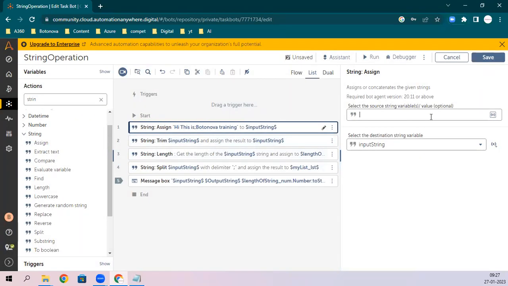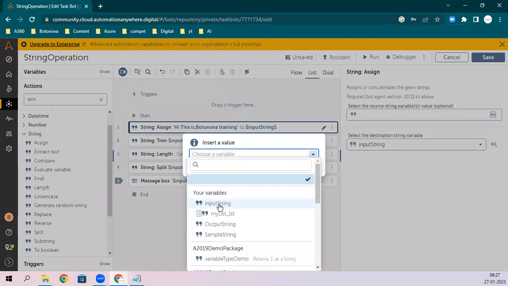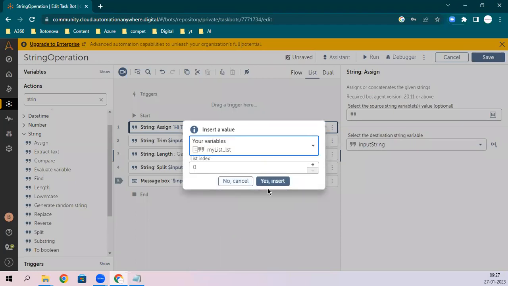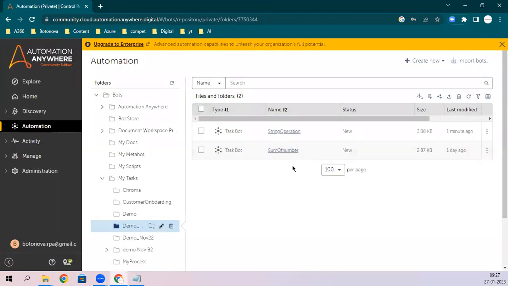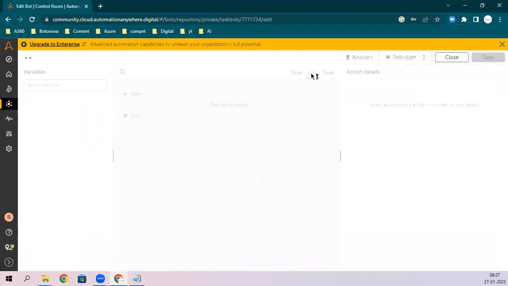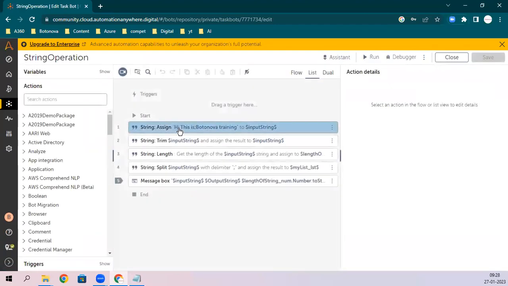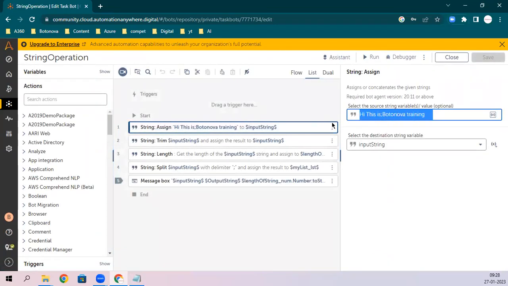Or if you want to use a list variable, my list with zero index, you can use that as well. Within here, you can use variable to variable assignment, or you can just hard code your value.